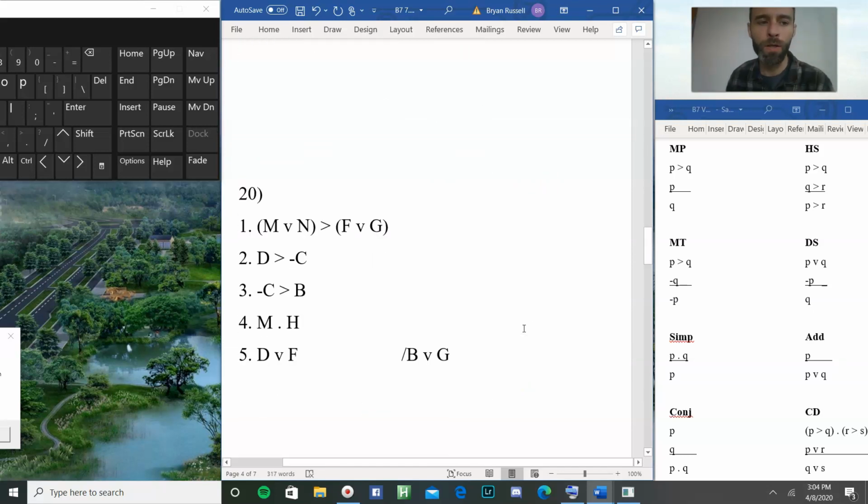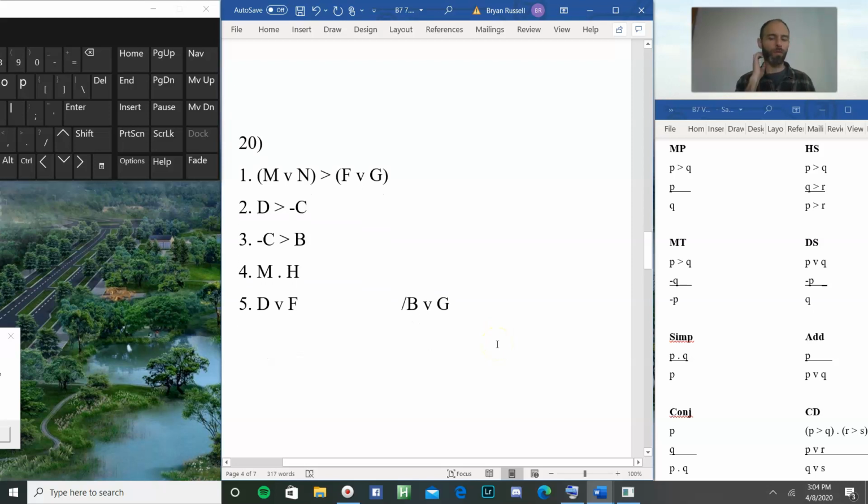All right, so one more. I'm going to go ahead and do number 20 as well. All right, so here we're looking for B or G. Disjunction again. Recall that we should suspect either addition or constructive dilemma. The way we determine which one we'll find is, can we find both of these parts in here, a B or a G? Here's a B, it's the consequent of a conditional statement. Here's a G, it's the consequent, or sorry, this is the consequent of a conditional statement, and G